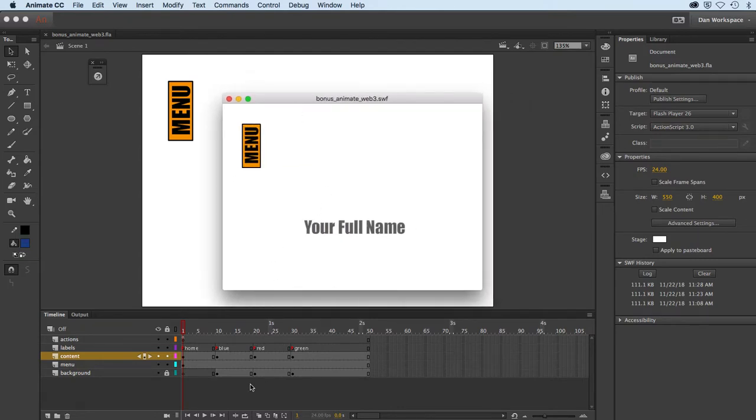It will basically be 4 pages, as you can see in my timeline here. A home page, a page I called blue, one called red, one called green. On the home page, you will have your full name in the middle. It will be using impact font, and you will also have the menu. You'll notice the menu is persistent throughout the movie with a single keyframe, and it does need to be done